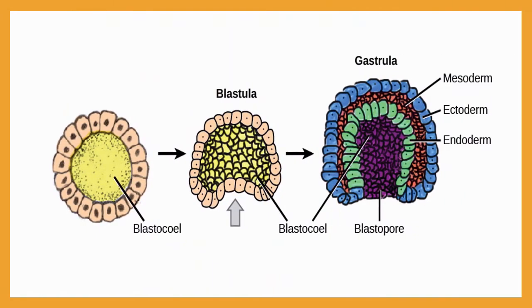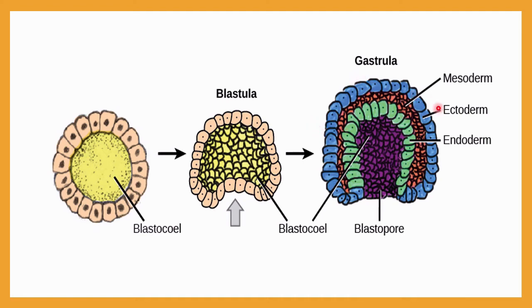In this slide you can get a clear idea about gastrulation. First of all, this type of cell arrangement is there, a blastocoel, and inside is the blastocoel, surrounded by the trophoblast layer. Finally it is converted into the blastula stage. Then the whole cell mass rearranges, the cells move toward their exact position, and it looks like a three-layer structure. This three germinal layer structure is called gastrula, and the process is called gastrulation.